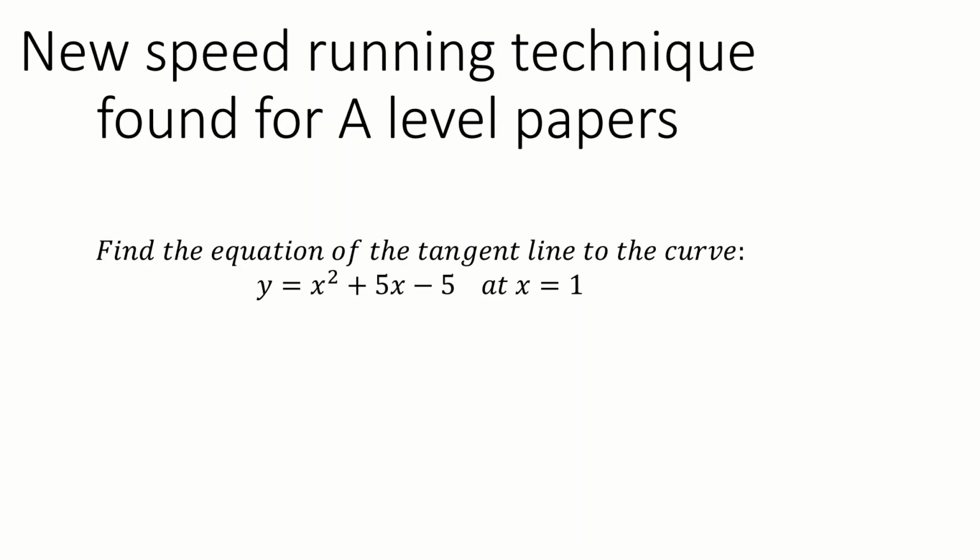So a new time skip has been found for any percent A-level paper speedruns in maths. It concerns questions like these. You must have a quadratic, it must be asking you for the equation of the tangent, and then you can just have any old point here. Now, of course, I'm pretty sure we all know the usual method for doing this question, but I won't go